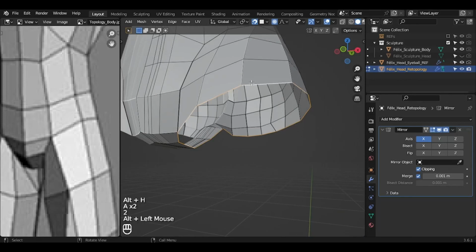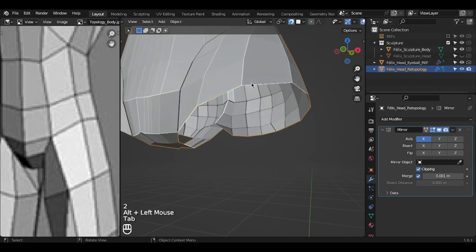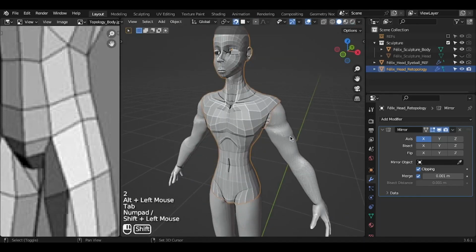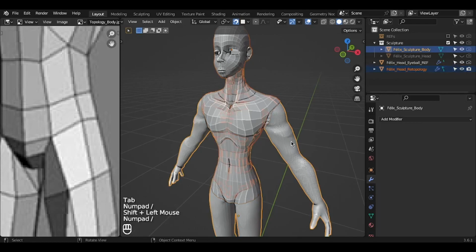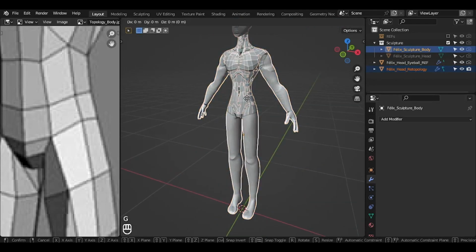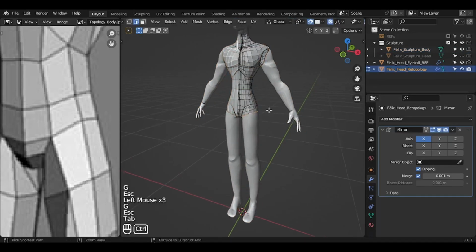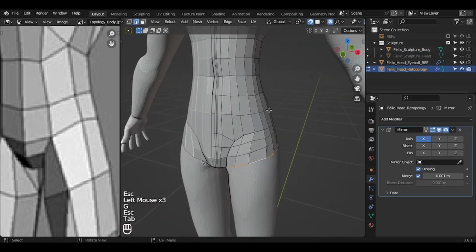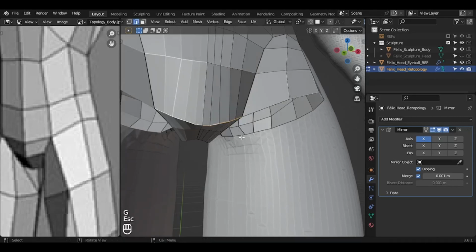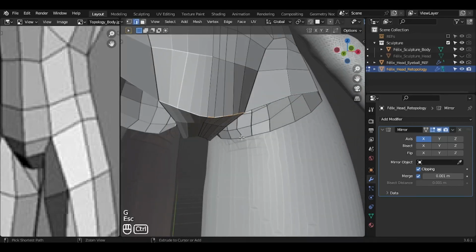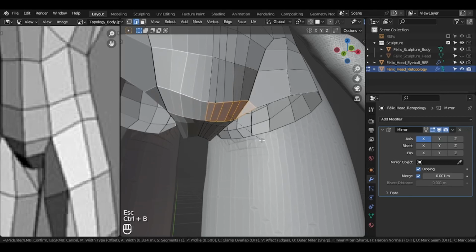I'm going to press slash on numpad, select the body, the original one, slash once again. I'm gonna select the new Retopology. Gonna go into the edit mode. I'm gonna be selecting all this loop right here. I'm gonna press Ctrl B to have a bit more of curves and a bit more of a nice transition